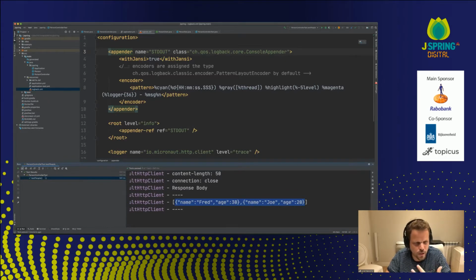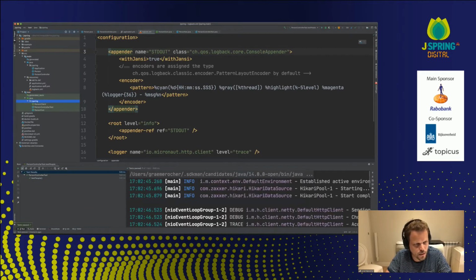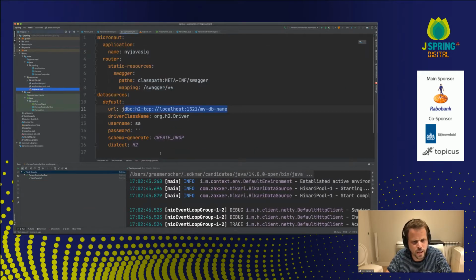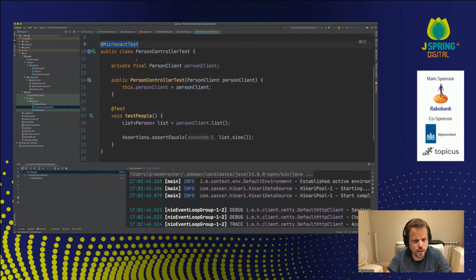Now, one of the huge differences that Micronaut has made to server-side development is that you'll notice that this test that I'm running executes instantaneously. There's no waiting around. Gone are the days where writing an integration test like this one meant that you had to split your unit tests and your integration tests.